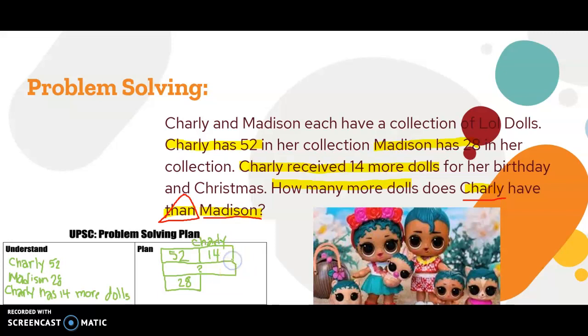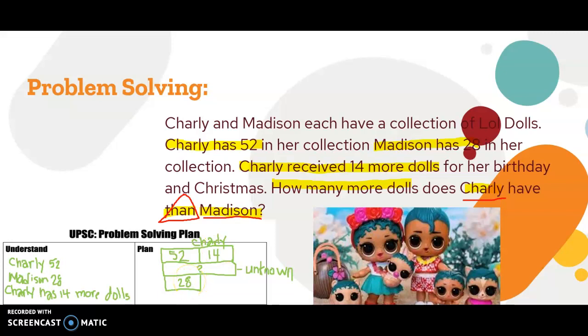So what we don't know, and we do have an unknown here. We do have some unknown information. We do not know her total number of dolls in her collection. We don't know that information. So we have to have a plan to figure out what her total is and then how we're going to compare her dolls to